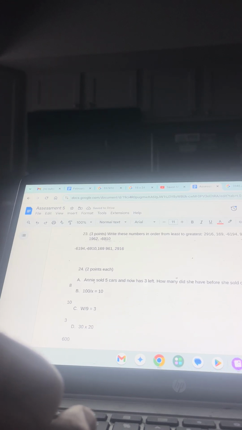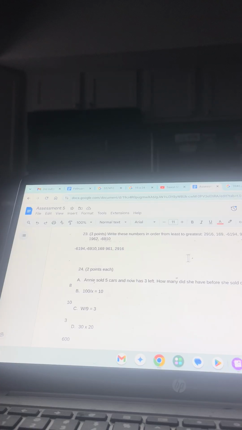Number 23. Let's see. So in order from least to greatest. Okay, so the smallest number is negative 6910. Then 6194. So that's incorrect right there. You missed one there. These numbers should be swapped, right? Negative 6910 is the smallest number. The second smallest would be negative 6194. So those should be swapped. Then the third smallest number is